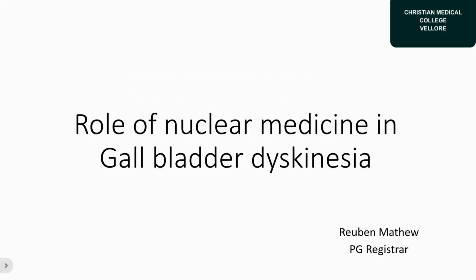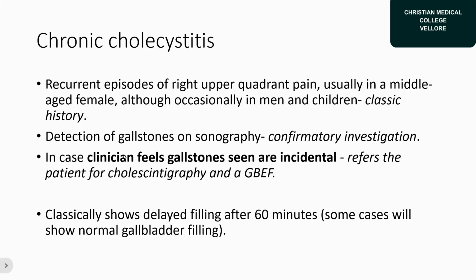Good morning. Today I'll be talking about gallbladder dyskinesia and the role of nuclear medicine in the same. So just coming to chronic cholecystitis, there are two types of cholecystitis, mainly calculus and acalculous form. So 90% of this chronic cholecystitis is usually the calculus form, and about 10% is the acalculous form. So the common presentation of a chronic cholecystitis, when you usually talk about, is the calculus form, and these patients